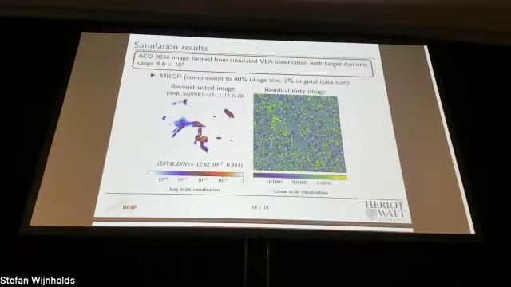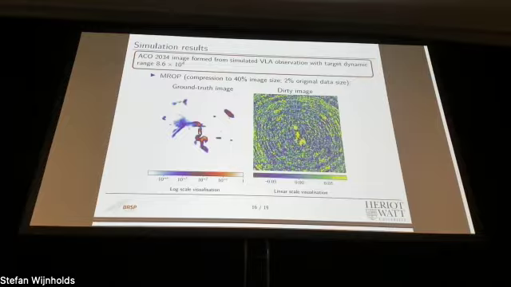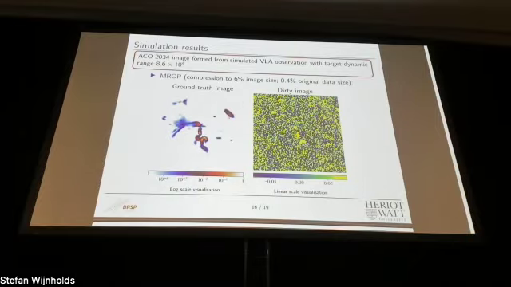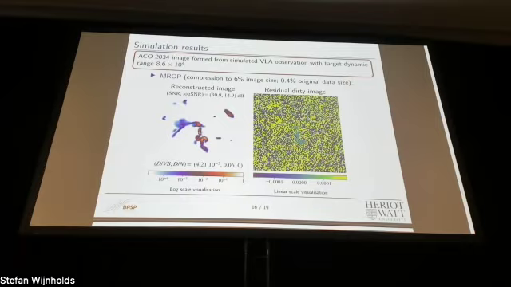But if we compress further with MROP, we start to see some drop in SNR and log SNR. You might not notice too much visually, but if I flip back and forth, you will start to see some of the phase emission is not being reconstructed anymore. And then in the extreme case, if I compress the data to 0.4% of the original image data size, then again we lose the phase emission.